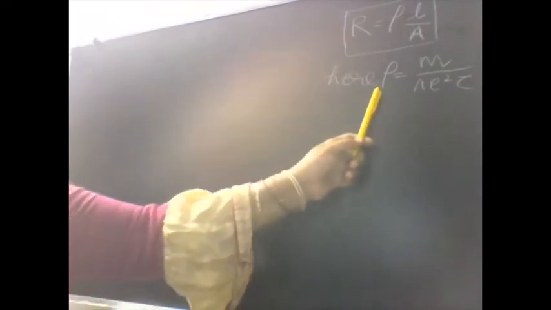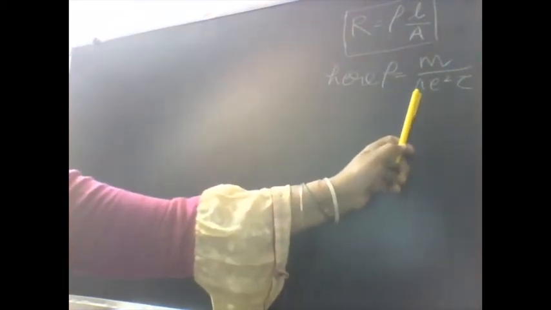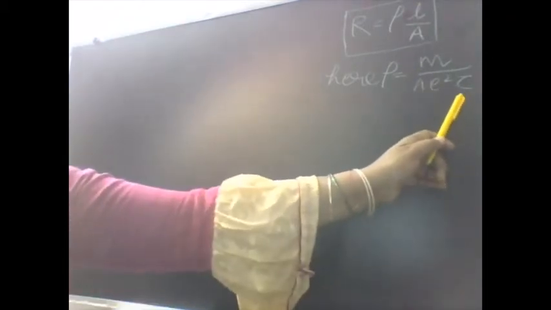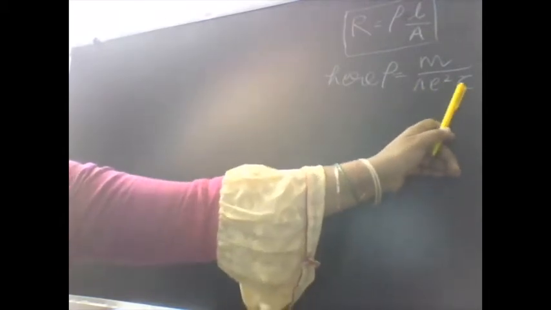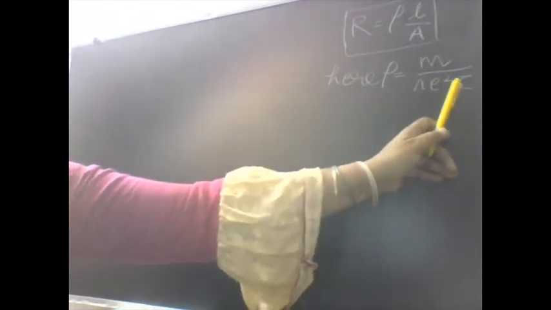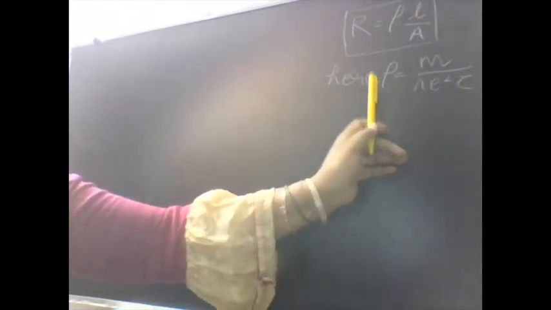Now, on how many factors resistivity depends, let us revise that very quickly. When we increase the temperature, what are the two factors which change? So when we increase the temperature, number density, that is the number of available free charges, increases, and they collide with one another, so tau decreases. n increases and tau decreases. So the variation in n and tau results in the change in the resistivity. So let us do a very short conceptual question that will make the concept clear.